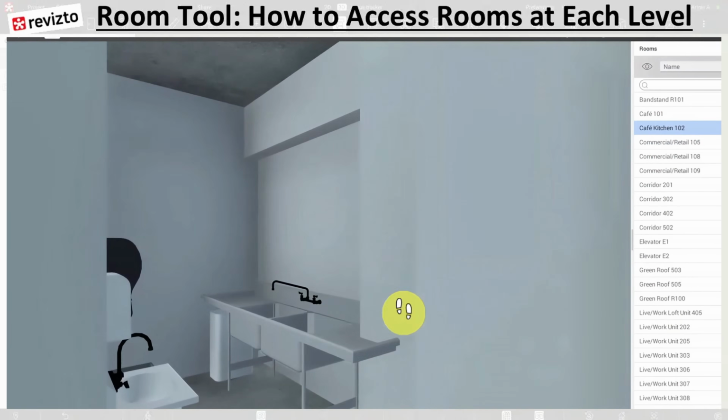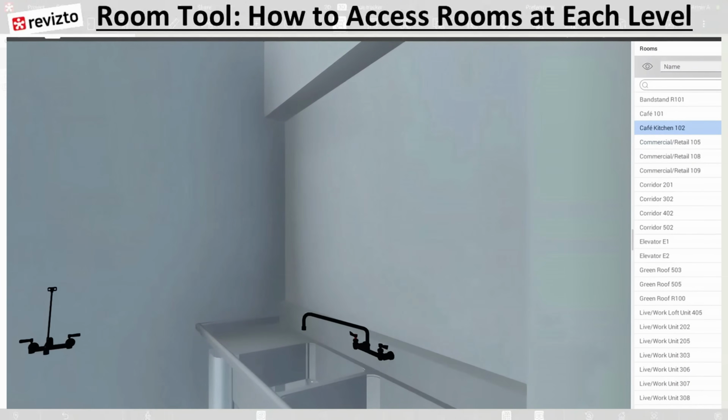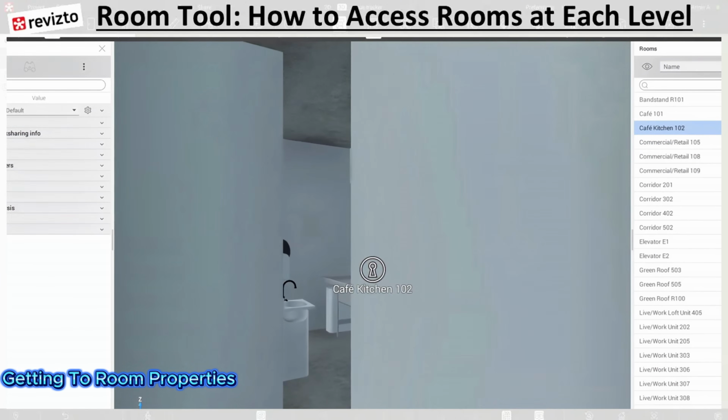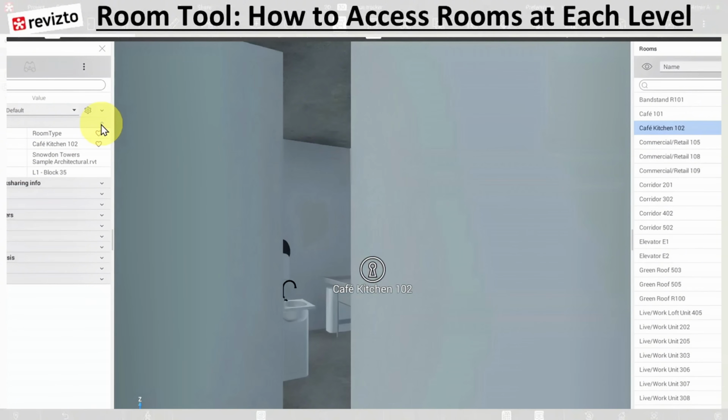I'm selecting the kitchen. If you notice, there's a little info icon next to it. If I click on this info, it opens up a property box for that room, and I can get a lot of good data from it. All of these properties come from the actual Revit model. It's not something that you can create in Revizto. It's everything coming from the actual properties when published from Revit